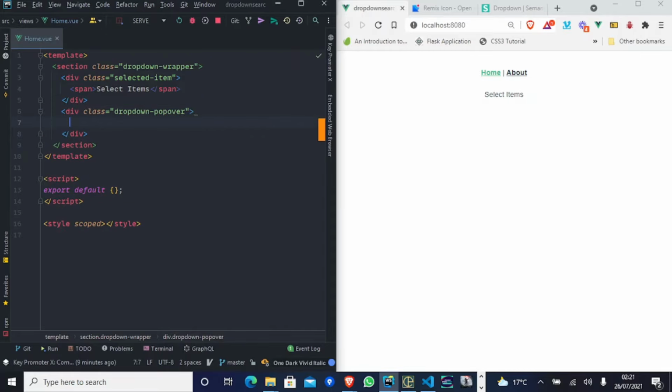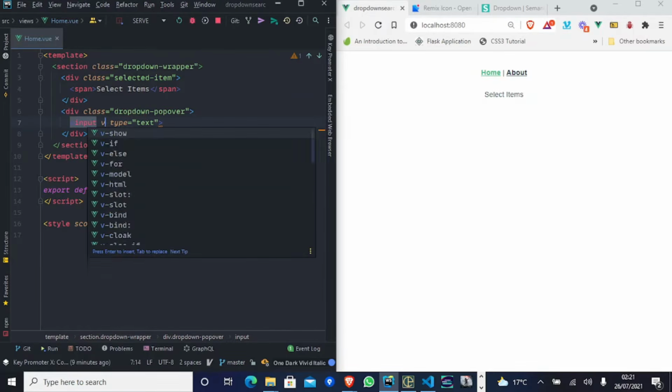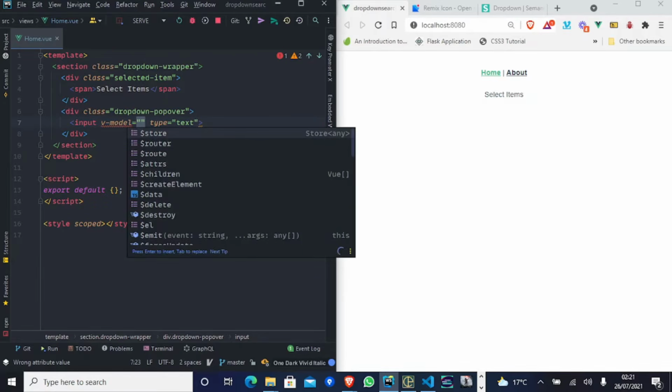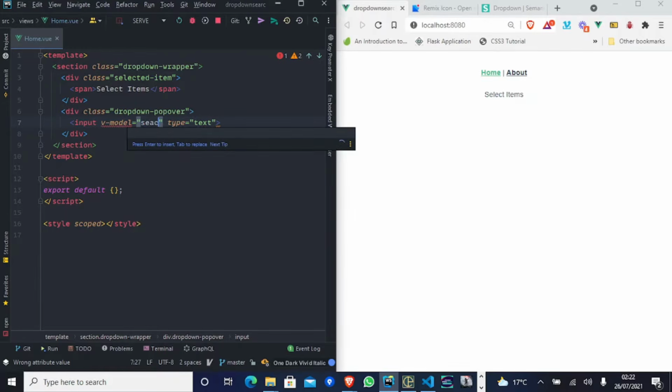It's weird having these class names, but let's continue. And we should have our input. Our input should be type of text. We need a v-model. If you're conversant with Vue.js, you know what v-model is, a two-way binding. We'll use it for two-way binding, and let's call this search query,